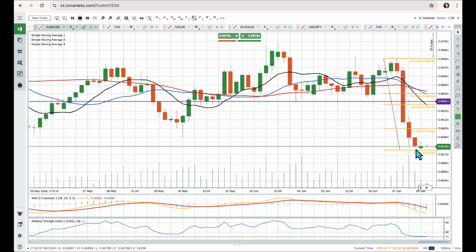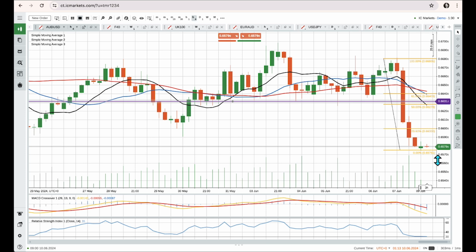What I've also done is drawn the Fibonacci retracement from the previous high to the low, and what we can see is that this area is clustering very nicely with the area of the 50 to the 61.8% retracement, that sweet spot. So I've got here a downtrend on the 4 hours with convergence on the momentum indicators. I also have the moving averages 10, 20, 50 all fanning, all in the correct order for a downtrend. So what I'm looking for here is a pullback to this area, to this sweet spot, and a continuation of